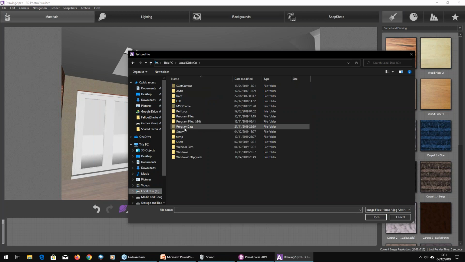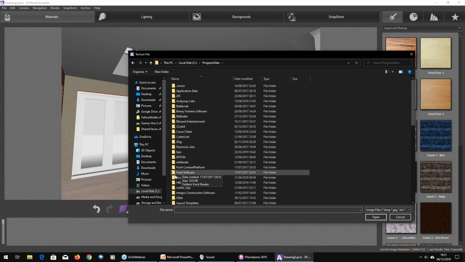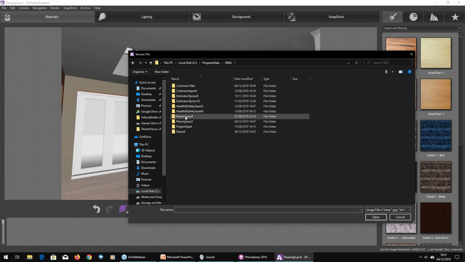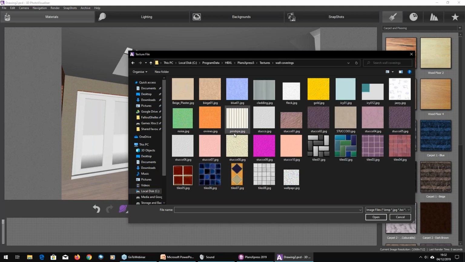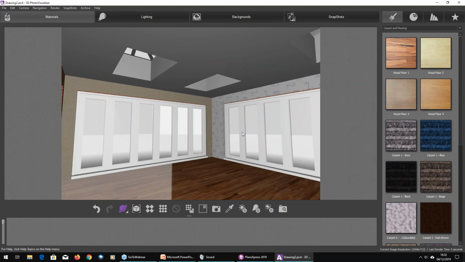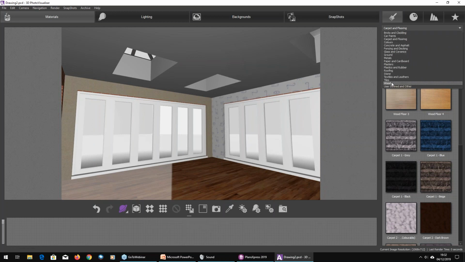Let's go to the default texture again, just so you can see where that's being stored to. And we can pick something equally horrendous from here as well. Ugh. Or we'll just be sensible and go